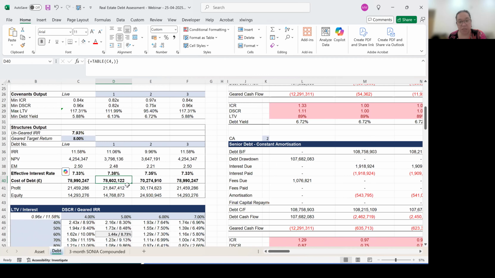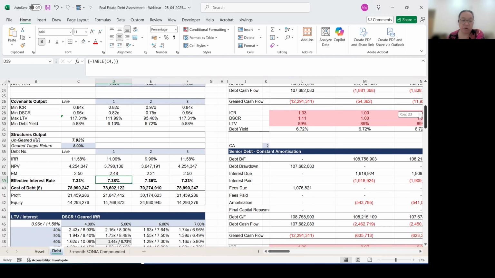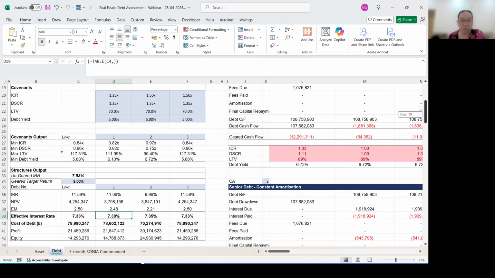So in this case, you will have to pay 78 million in terms of cost of debt, for a 10-year borrowing of 100 million, right? So you have to pay like 78 million, and your interest rate is going to be your effective interest rate over the lifetime. If the forward curve pans out exactly as we're projecting today, then your overall effective interest rate is going to be 7.38.